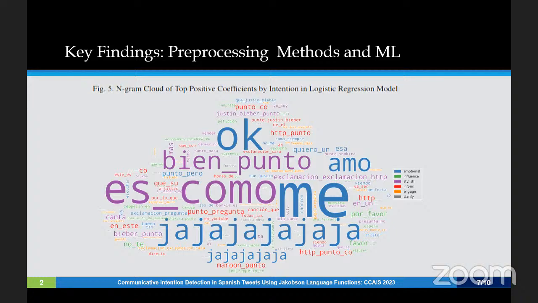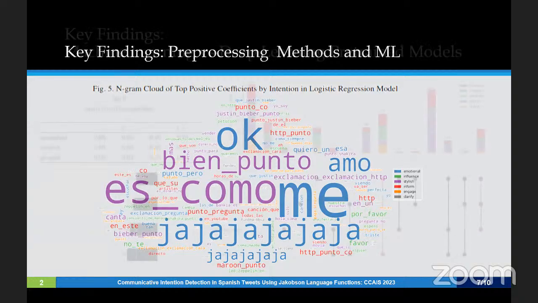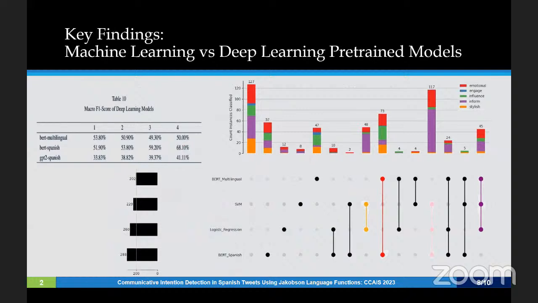Additionally, we find engrams that include symbols such as, in Spanish, exclamación pregunta, in English, exclamation question. This sequence combines exclamation and question marks, suggesting surprise or astonishment in a question. Finally, when making a contrast between the classifiers of machine learning versus deep learning pre-trained models,